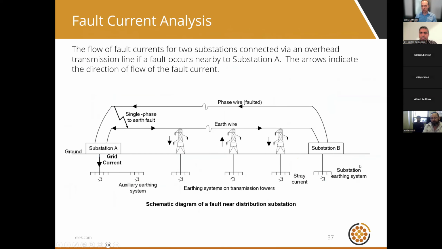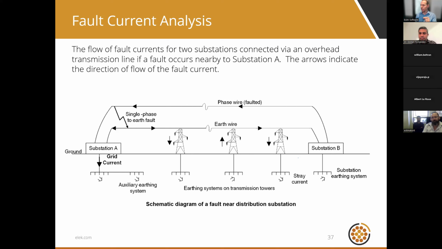Fault current analysis is a little bit of an advanced but very important topic. I mentioned that the voltages are directly proportional to the earth fault current that enters the earth grid. Very often we are conservative and we assume that the earth fault current level we should use in our design is the prospective earth fault current level, which is very high, for example 15 kA or something conservative or high.